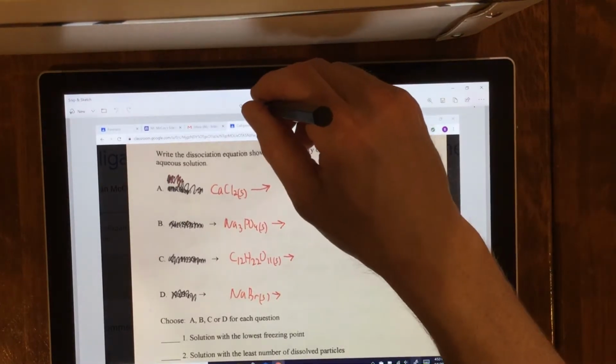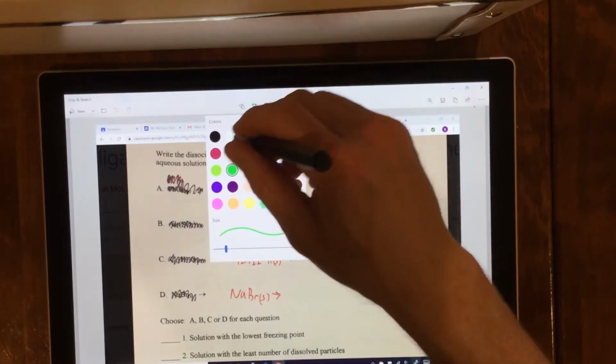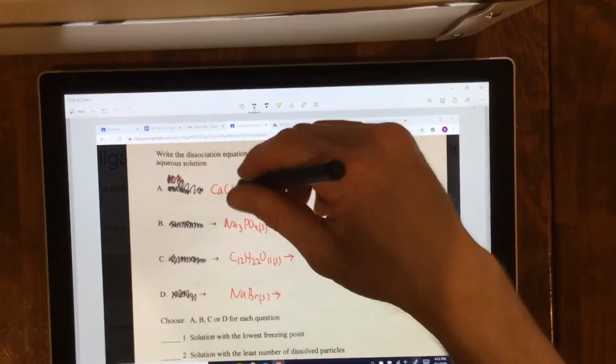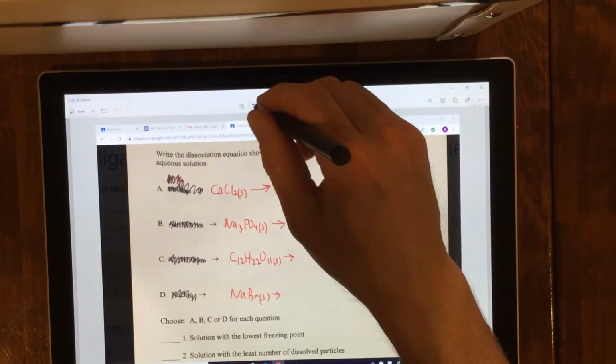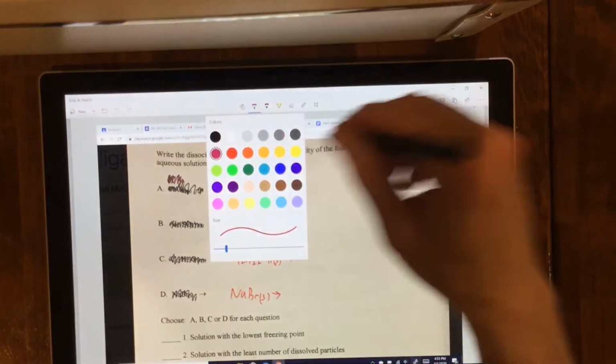So let's go with this color. Looks good. Won't match very well, but that's all right. All right, so let's see. How big is that? That's good enough. All right, so